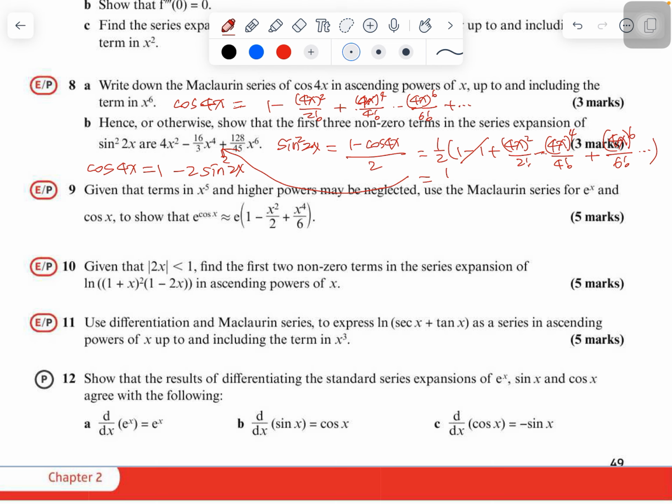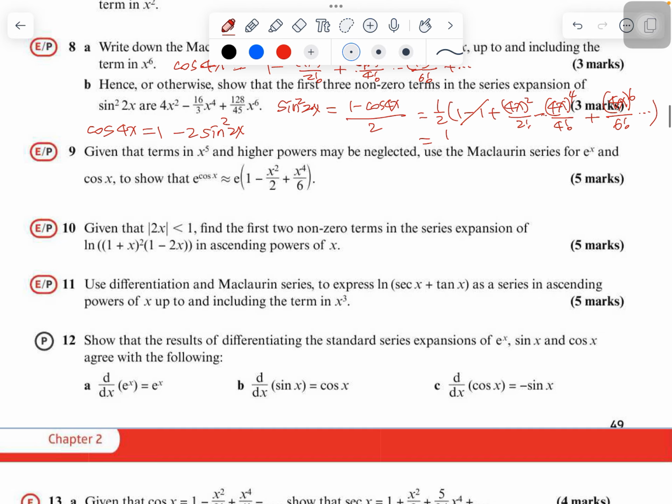Okay, and number 9, given that x to the power of 5 and higher powers may be neglected. Okay, means we can find until x to the degree 4. Use the Maclaurin series of e to the x and cos x to show that. Okay, so e to the power of x and cos x we already have on the formula booklet. So e to the power of cos x